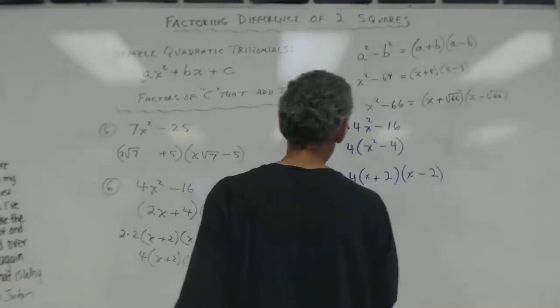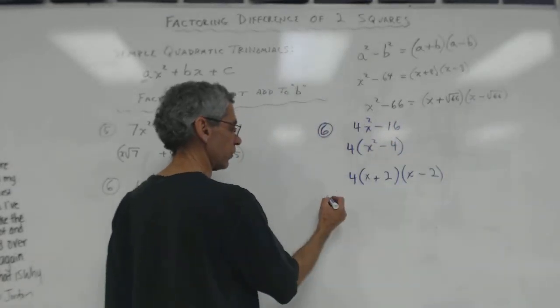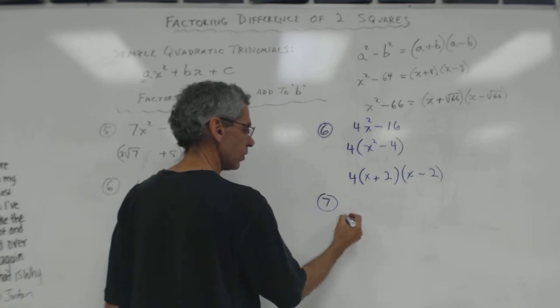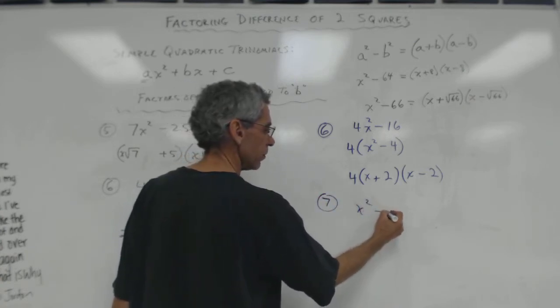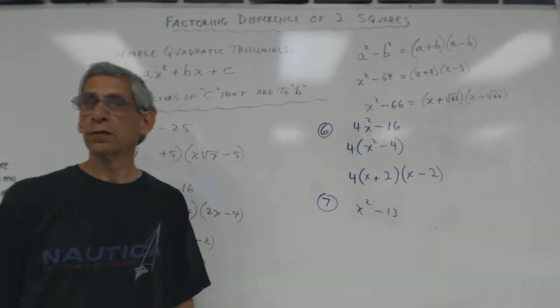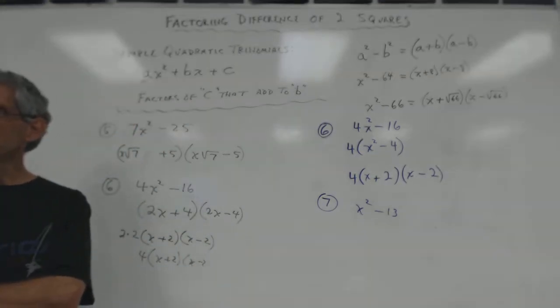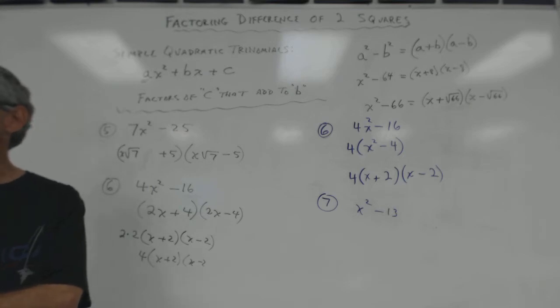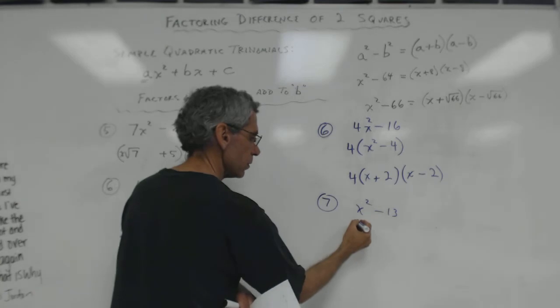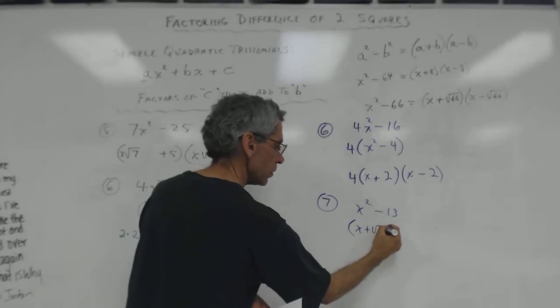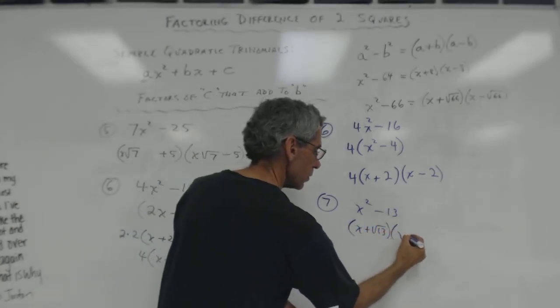You will sometimes see this. I will sometimes give you something like this. We've already covered it, really. I just want to see. What if I said x squared minus 13? And I asked you to factor out the difference of two squares. X plus square root of 13 times x minus square root